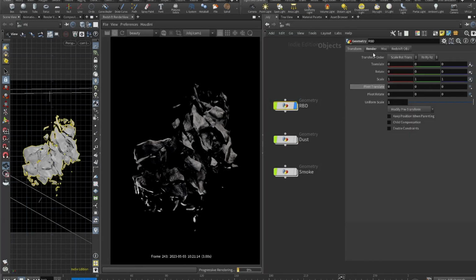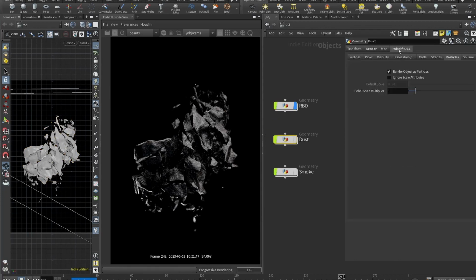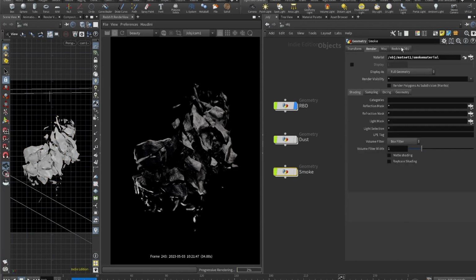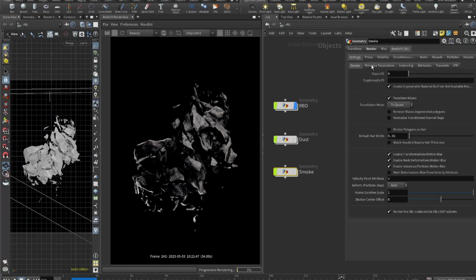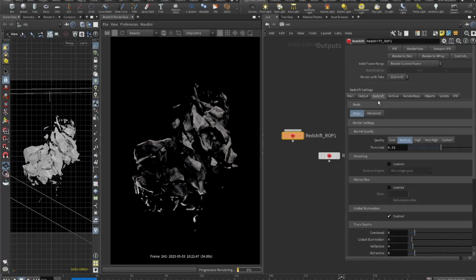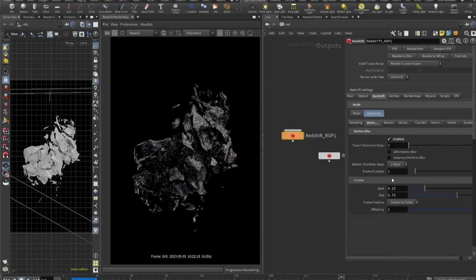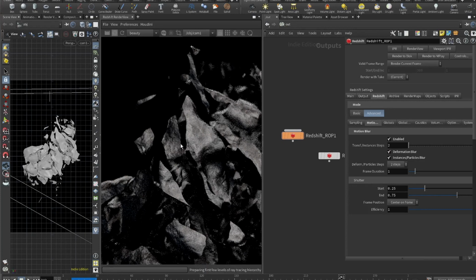We go to the RBD and we go to the render redshift obj actually and hit the mesh deformations blur from velocity attribute. For the dust, we do the same. And for the smoke, I didn't do this for the smoke, but maybe we should try. And before we enable these, because it will take time to render, let's configure our motion blur. Let's go to redshift ROP. With the redshift, we go to the advanced tab, and here we go to the motion blur. Enable the motion blur deformation in instances. All the blur is enabled, and let's restart the render and